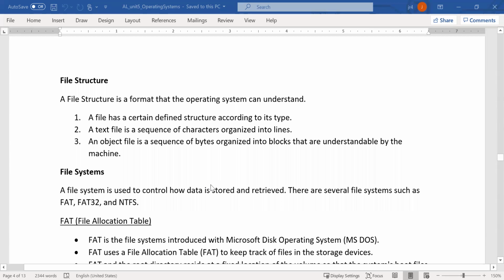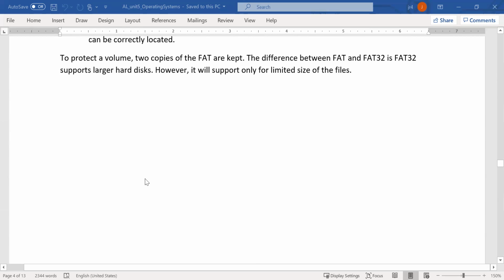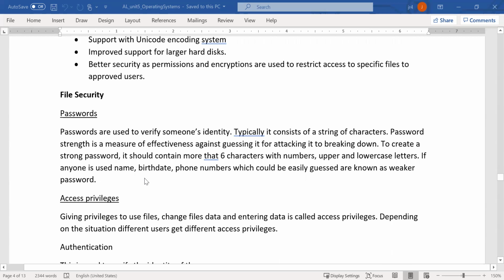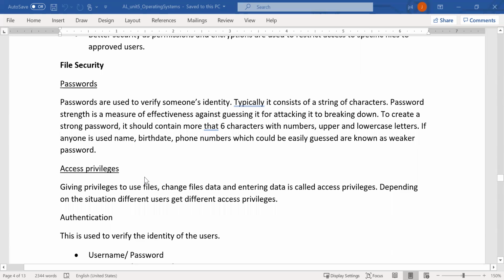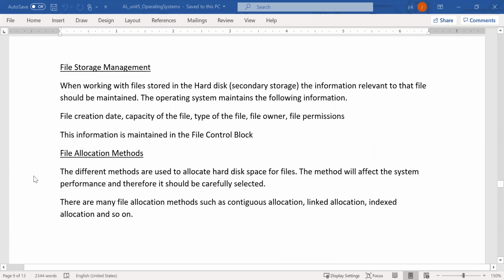We looked at file structures and file systems. There are different file systems, so we had a detailed discussion on file systems. Then file security, how you are going to secure the file, especially the use of passwords and access privileges, which we have discussed. And then storage management,